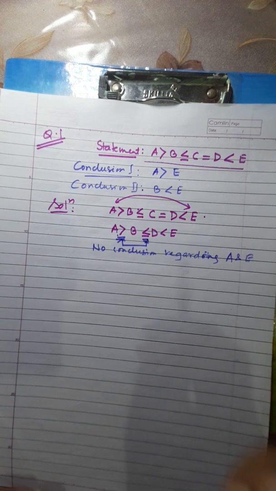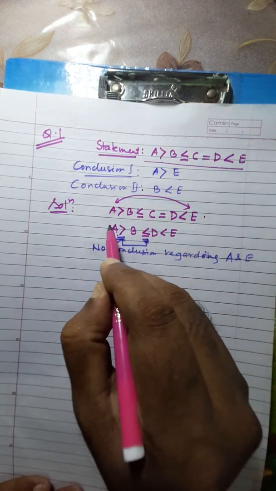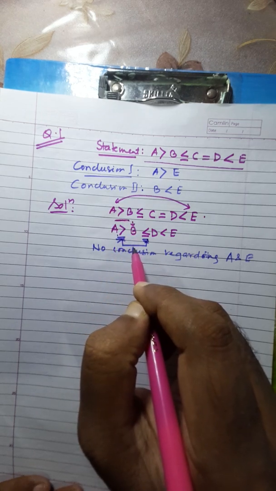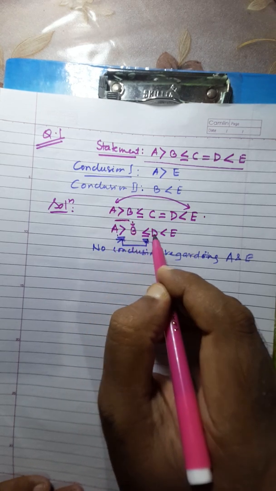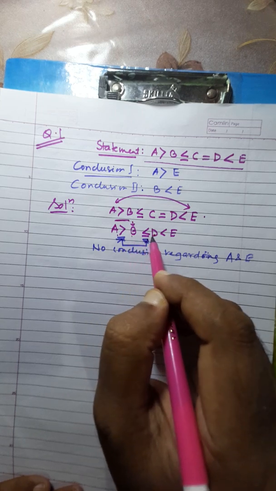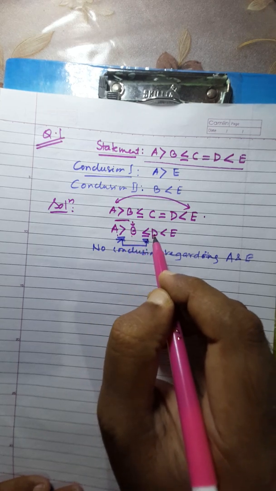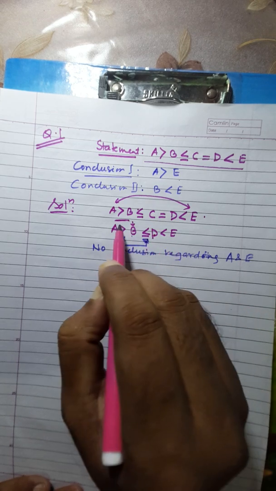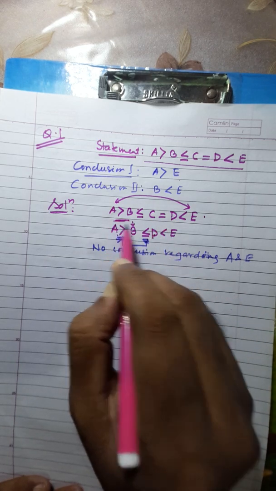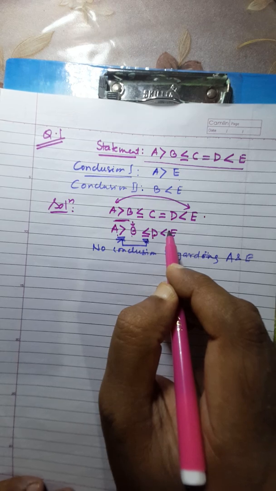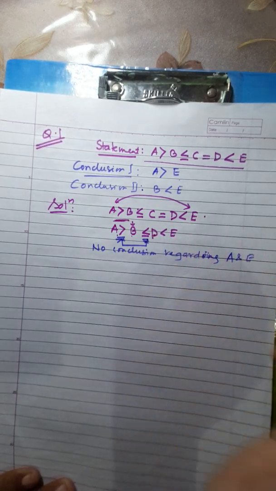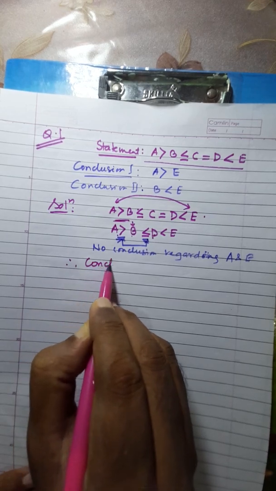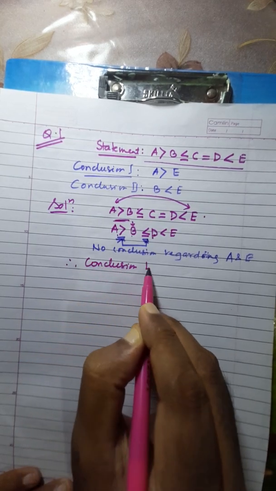Okay, but we can say A is greater than B. We can come to this conclusion, A is greater than B. In B and D we can come to the conclusion B is less than D. D and E we can come to the conclusion that D is less than E. But we cannot come to a conclusion on A and E, no conclusion. So therefore conclusion 1 is not